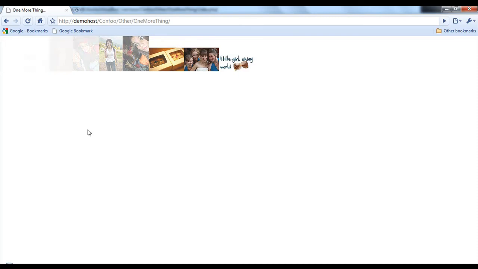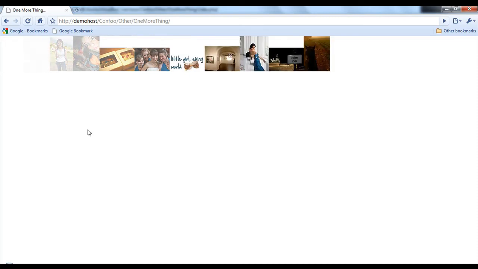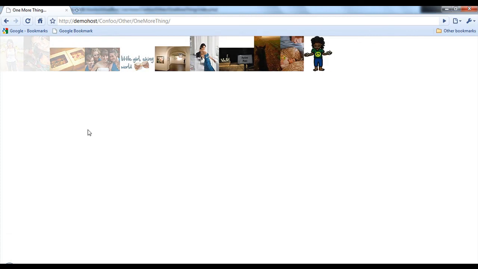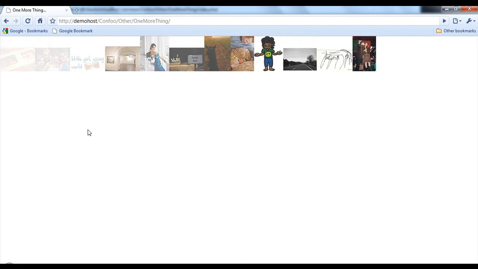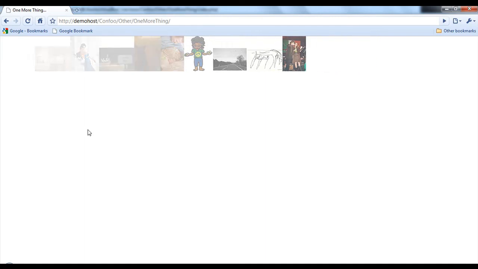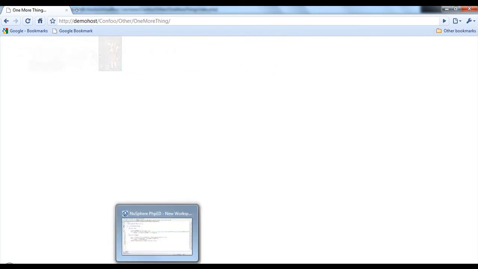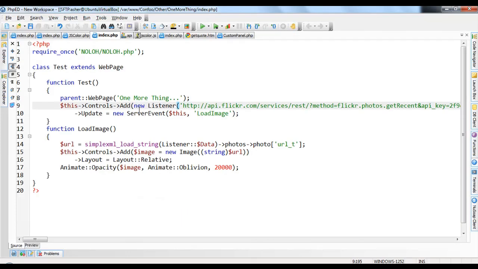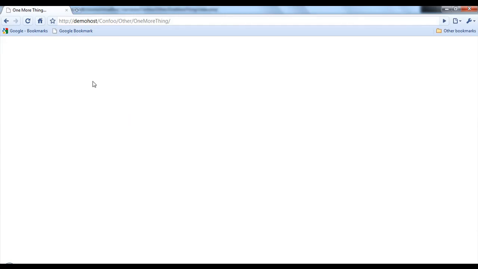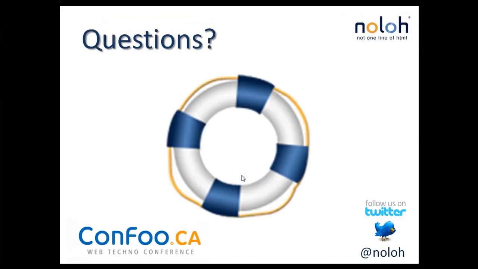But you can just see over here that you now have a listener in NOLOH. You get all these new images on Flickr. These are what's new on Flickr right now as we're speaking. And you can just see that you were able to implement listener in NOLOH with almost no work at all. Just new listener, tie it to a data source, specify the transport, and give it an update event of what you wanted to do here. And then that'll happen.